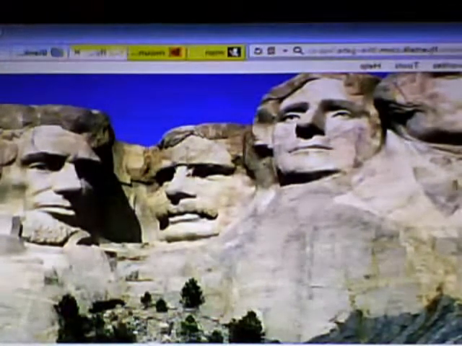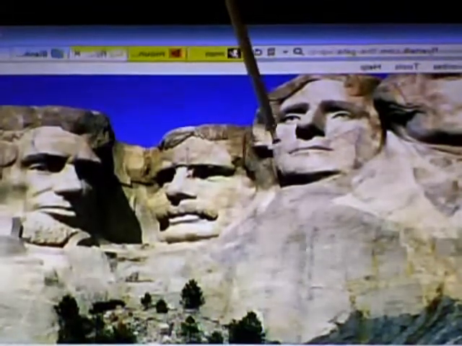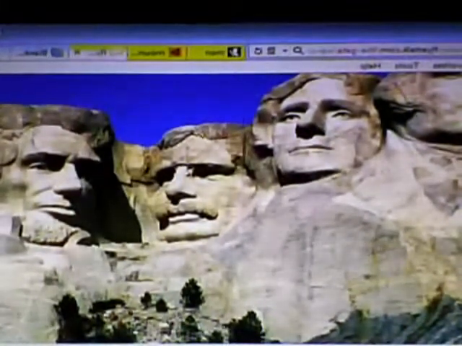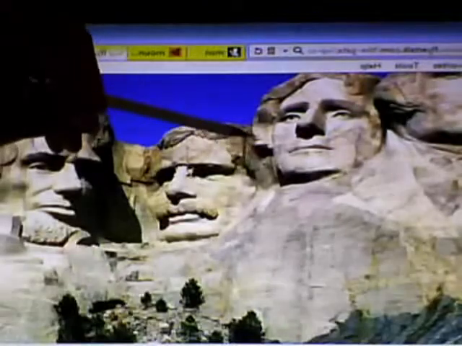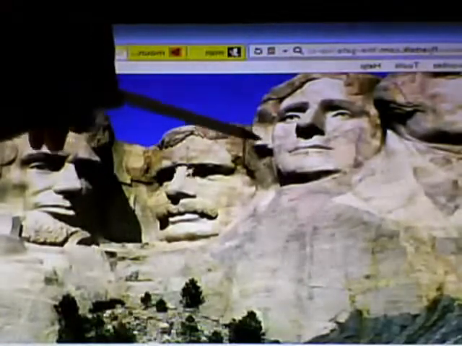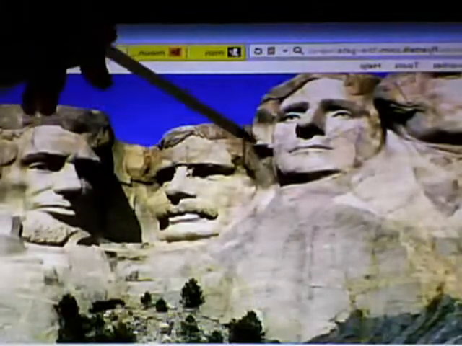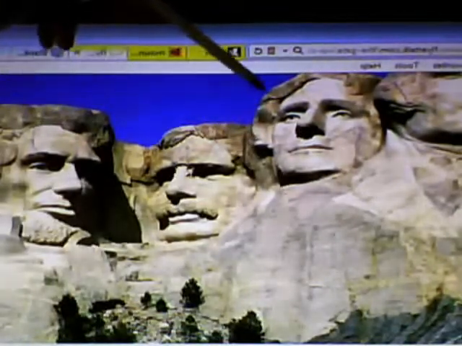Now, there's a shadowy image. I don't know if you can actually see it, probably not here in the book. I can almost draw it out for you. But now that I'm telling you, no, you won't be able to see it there. But here, there's a chin, there's a mouth, there's a nose, and here's an eye. There's a shadowy figure right there on the side of the head of Thomas Jefferson. Another being there. It's a Ku Klux Klan person.